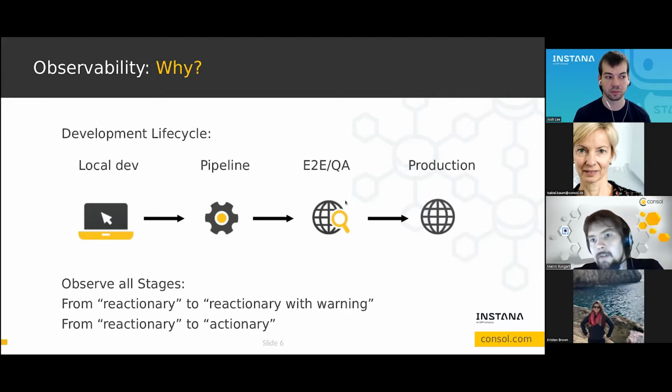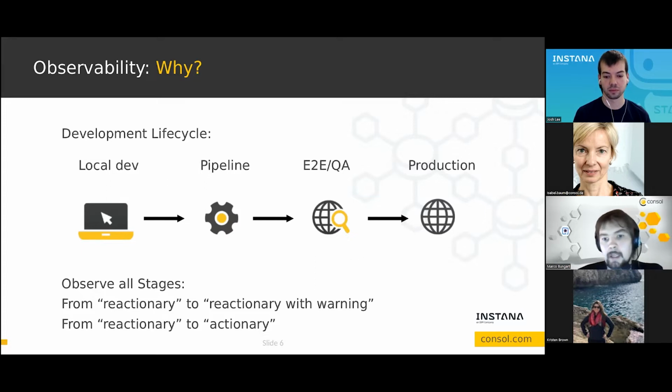So this gives us the benefit, if we start observing, that we are switching from reactionary to reactionary with a warning. So we might see that something is failing, and before we get the actual alert or the actual issue, we already see something is going wrong. We can start reacting to this and improve.